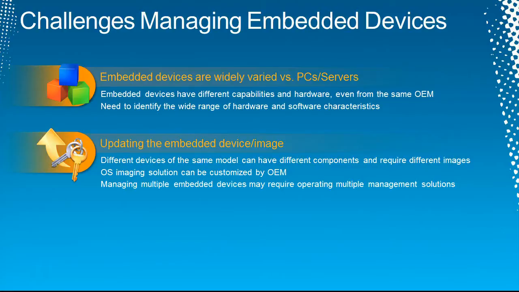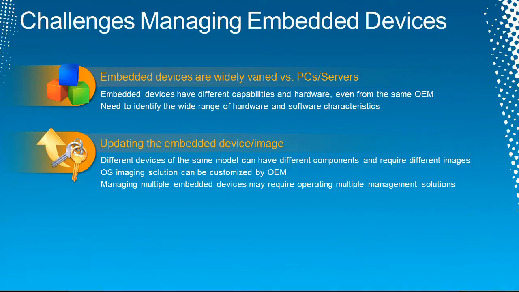So those are some of the challenges, but yet there's a couple more that are just not necessarily due to design, but just the nature of embedded devices. So if you are trying to figure out what capabilities or inventory characteristics the device has, and you have an MRI machine, and you have a thin client, and you have an ATM, they all have different capabilities and characteristics. And you need some way to be able to inventory and understand what devices you have in your network or in your infrastructure and what they're capable of. So that's another challenge that